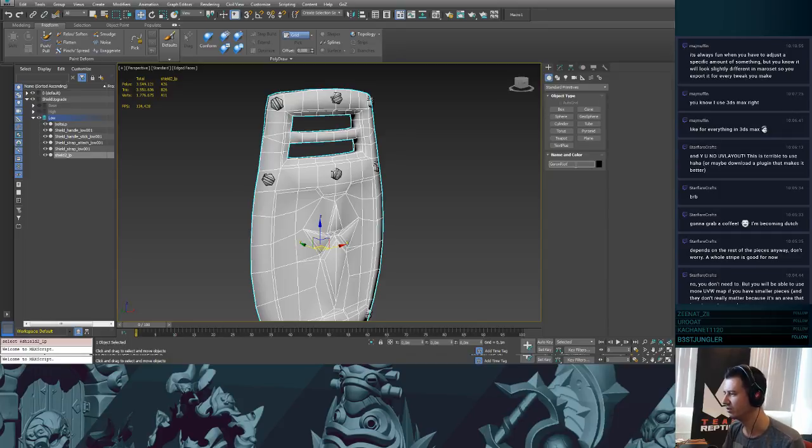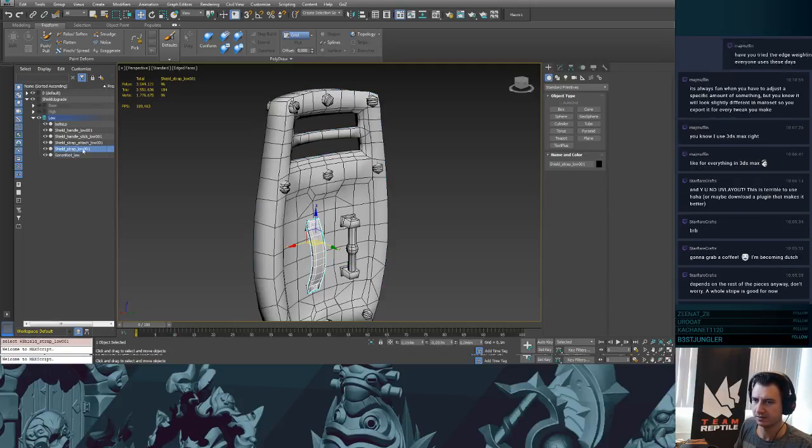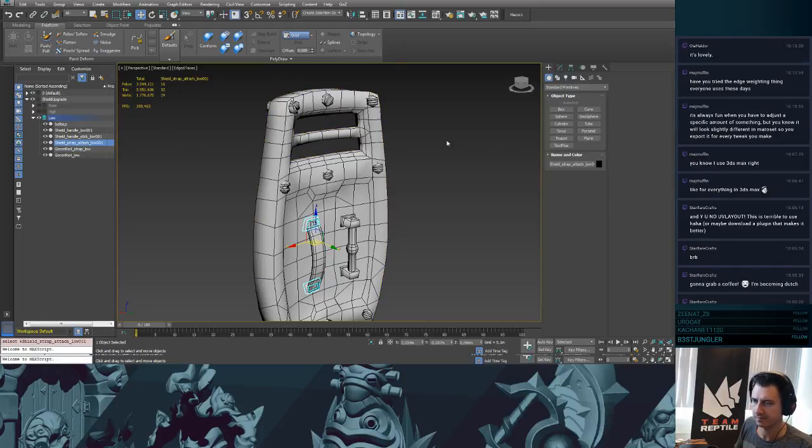Goron, let's call it Goron Riot underscore low. Okay. We have Goron Riot strap low. And